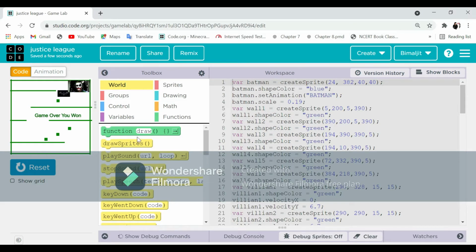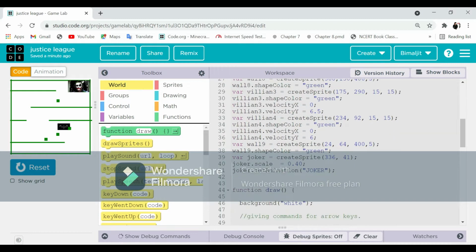Whenever our batsman touches any of the walls or any of the sprites, the game should stop and it should display game over, you lost. If it touches the joker, then it means you won. And we will also give it life, like let's give it the life of 5 or 3, because if we give 10, then it will be very easy for the player, and he will know all those mechanics.